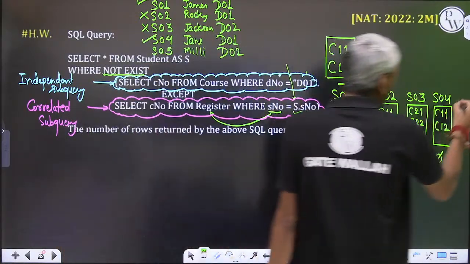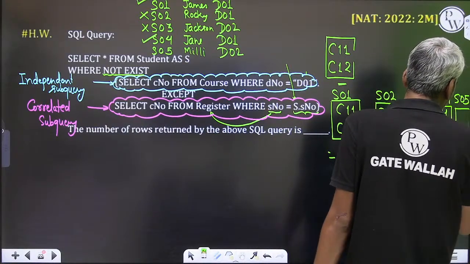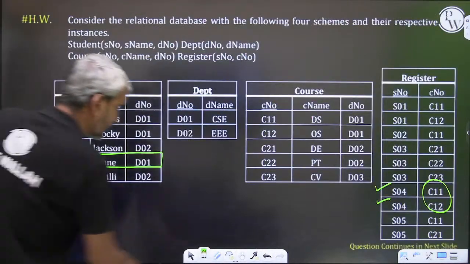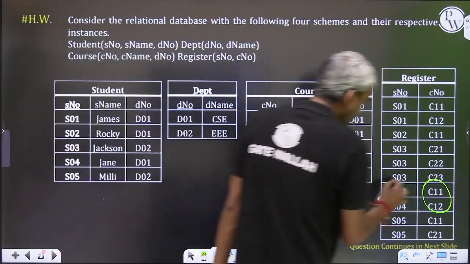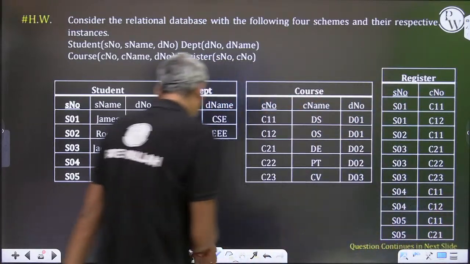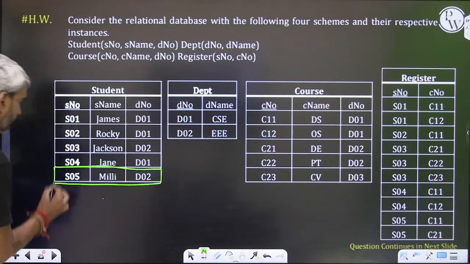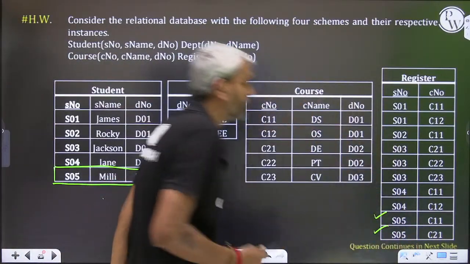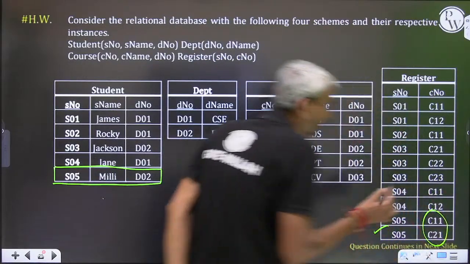Let's check what will be produced with respect to student number S05. The condition is that the student number in the register table must be the same as the student number in the student table. The student number is S05, so only the tuples with respect to student S05 will be selected. Therefore, the output of the correlated subquery,